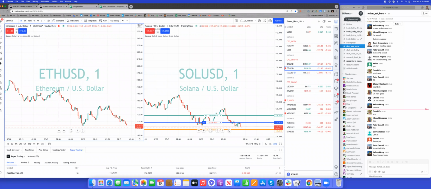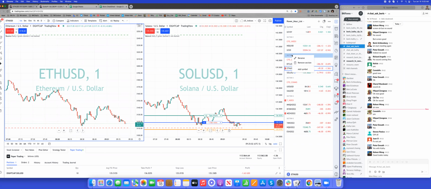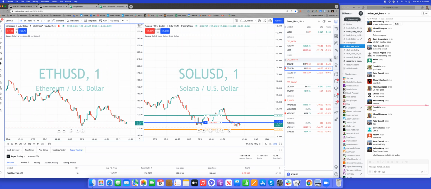So commodities are just not. Yeah. I wonder if you could just adjust this. Rename. Oh, you could rename this. Oh, cool. Crypto. Oh, this is so cool. So then we can just get rid of this. Wow, look at this. This is why I love